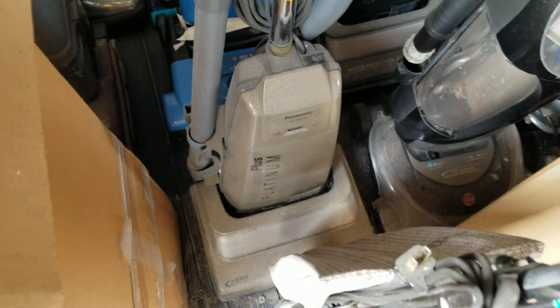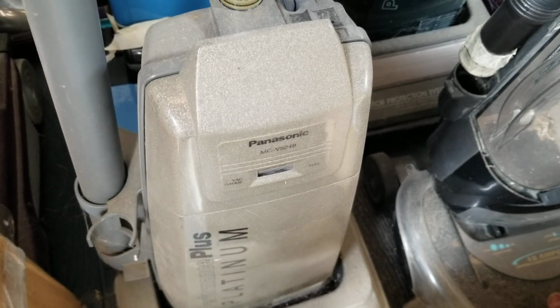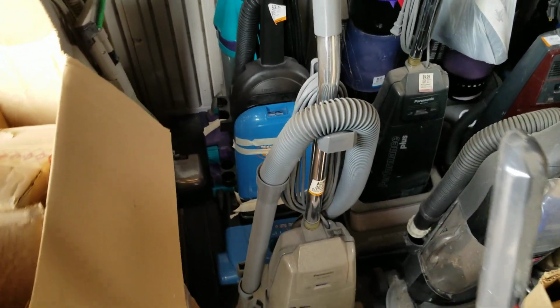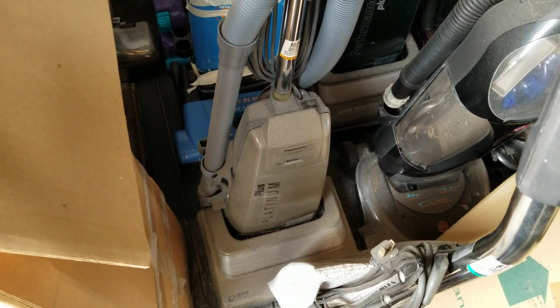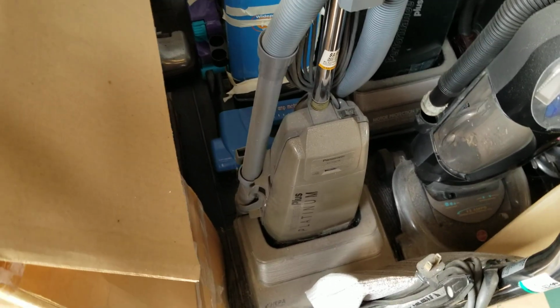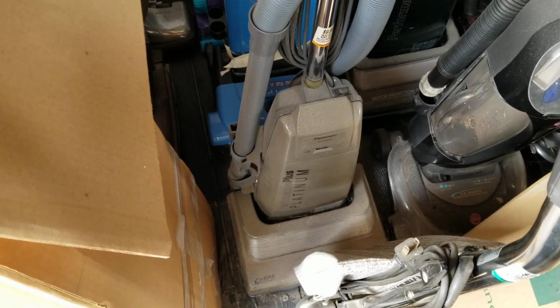Up front here is my Panasonic Performance Plus Platinum model MCV5248. And this one unfortunately does not turn on, so I don't know if something's wrong with the plug, the cord is frayed, the switch is bad, the wires are also frayed, or what I'm hoping, and I'm fearing that this would be the case, is probably that the motor